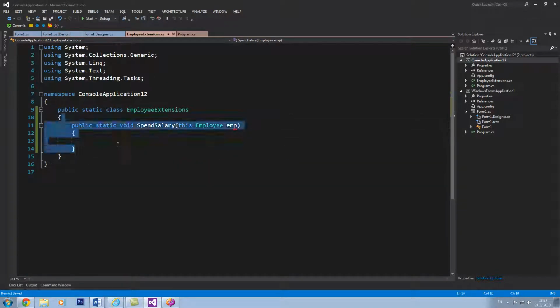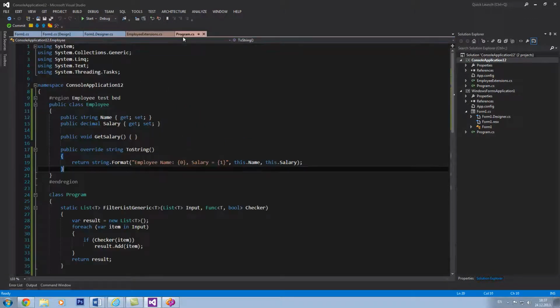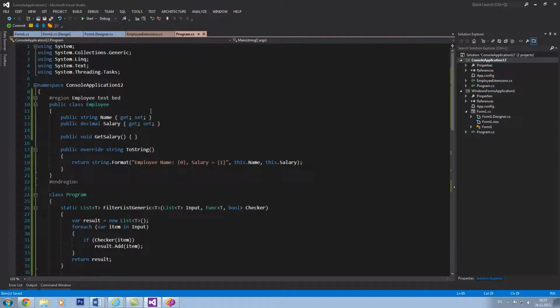Now, since this method is there, I can go ahead in my program. Let me first comment this, Control K C. If you look carefully at my Employee here, if I create a new one, let me go over here and say just var emp equals new Employee, and I say emp dot, you're gonna have the salary, you're gonna have this one, and you have GetSalary, right? You have this method. So I'm just gonna put here for convenience Console.WriteLine